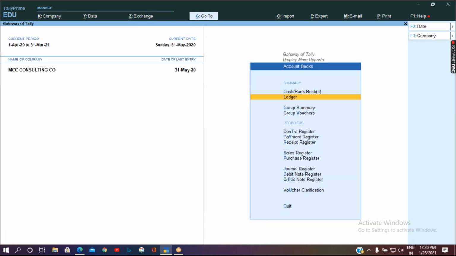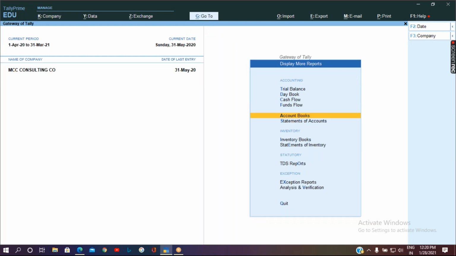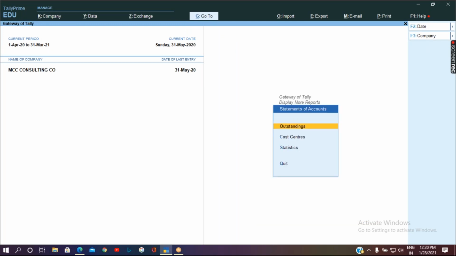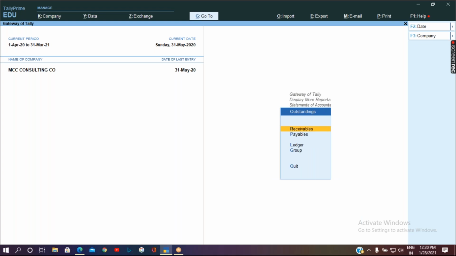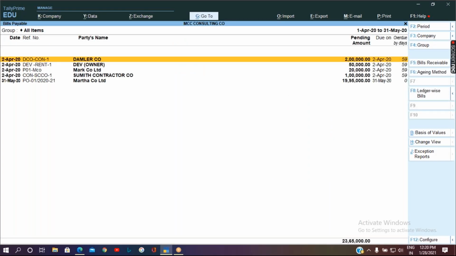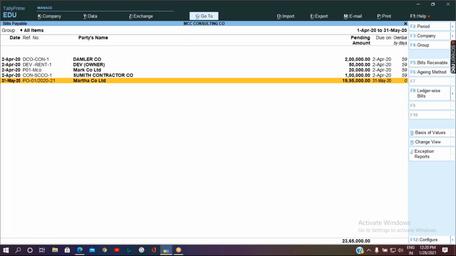And if you go to the statement of accounts, outstandings, in the payables, that is, we are payable to the party. Now it is going to show that the party is payable at this amount. Until and unless you pass the purchase invoice, it will not affect anywhere in the account report.